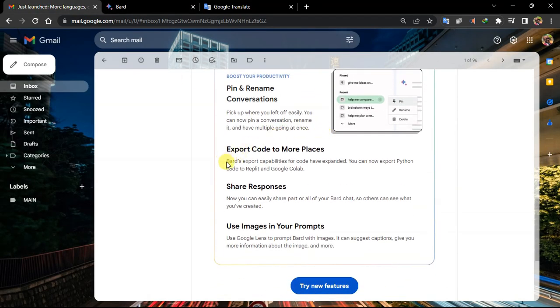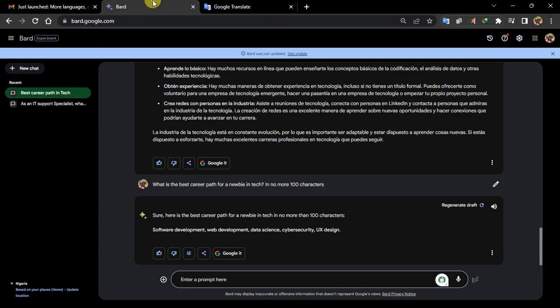Then let's try on that one. It's actually exporting your content to more places. This is actually a perfect one I like. Over here we can try sharing, share or export. You can export to Google Docs. You can send it as an email, in case it composes an email for you, like let's say